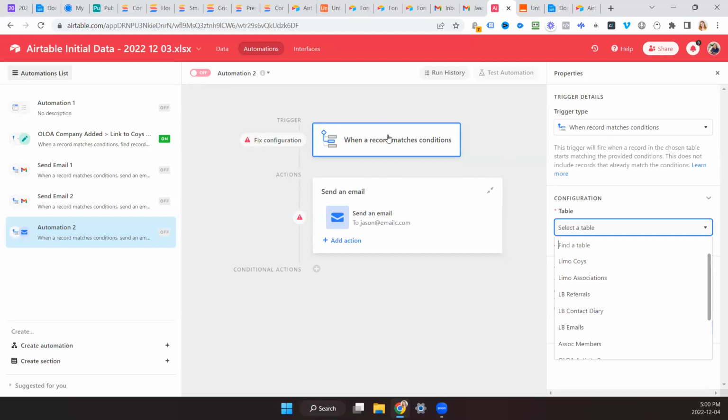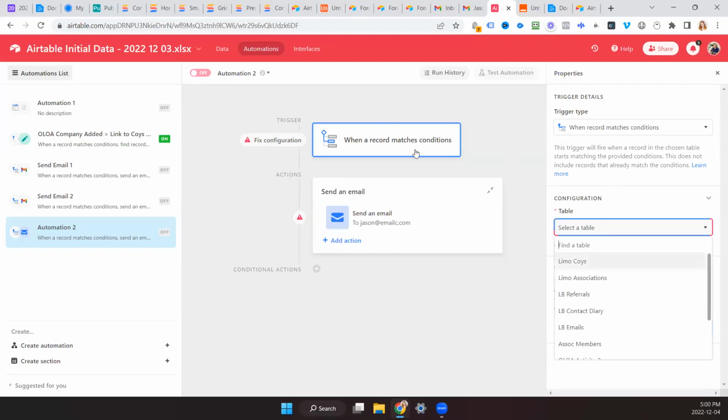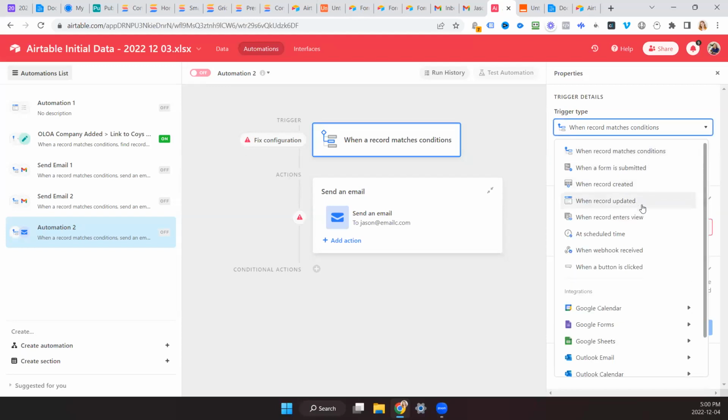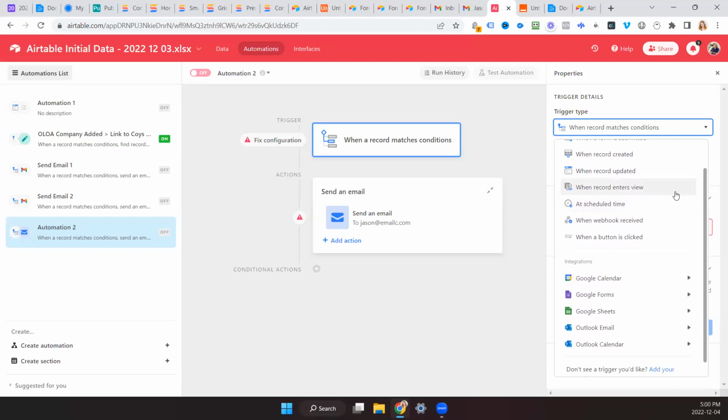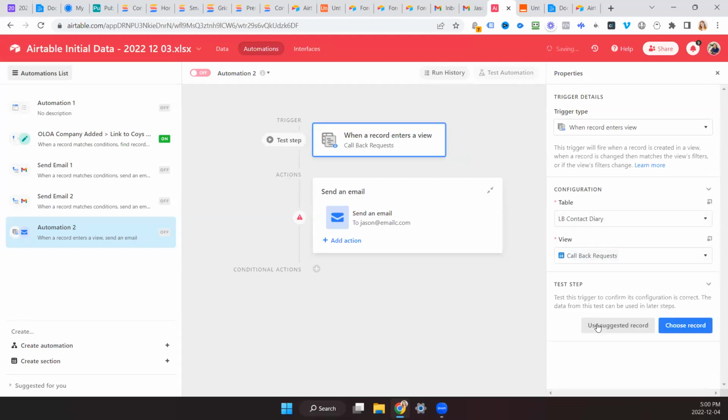Actually, I'm not sure. I know I've done this before. How the heck have I done this before? Record? No. When record enters a view, well, that is a part of it. So this is in this view.